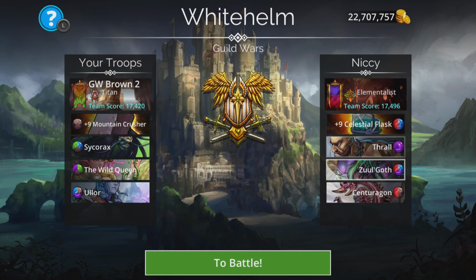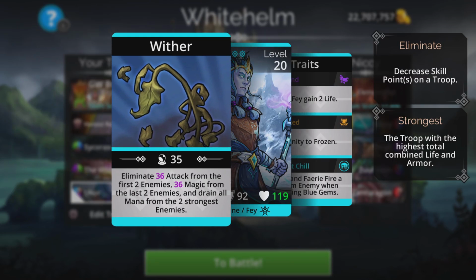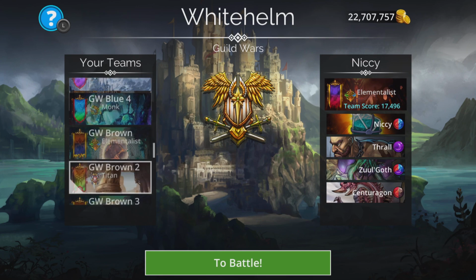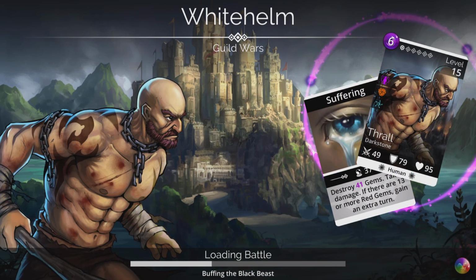And this is handy because 3 of these use red. Only Thrall uses purple. So are we best off with Ulor or the Grey King? Let's drain the mana from the two strongest. That's probably going to be Zul'Goth and that, but I want Centurion to be drained, so I want control over that, so I will change that to the team with the Grey King in, because if I choose red, then that will affect all those troops. So not a lot to think about here, just exactly the same again, just hope for a good start